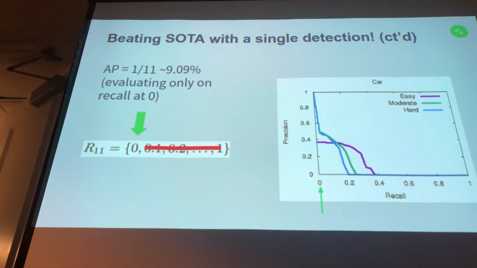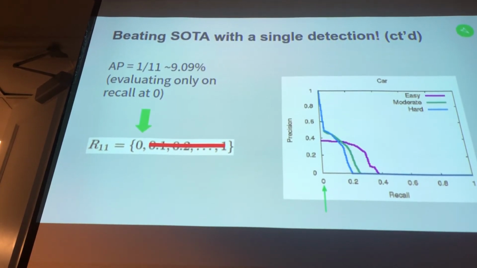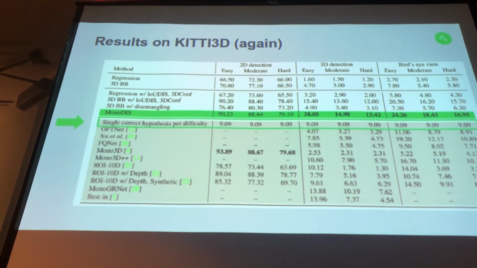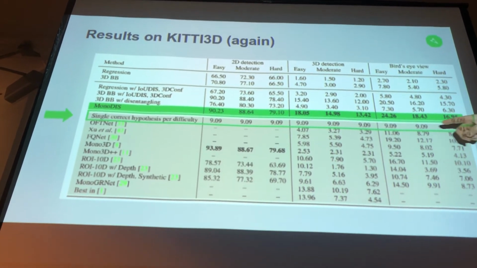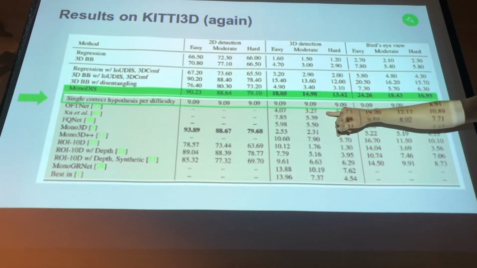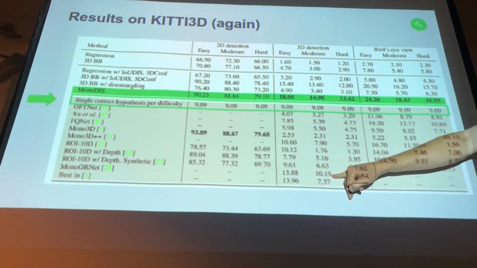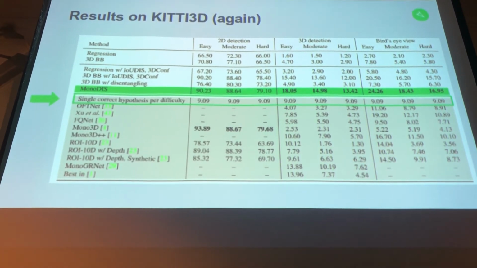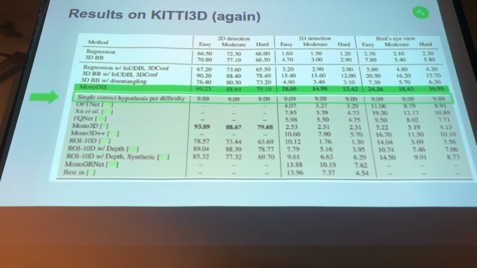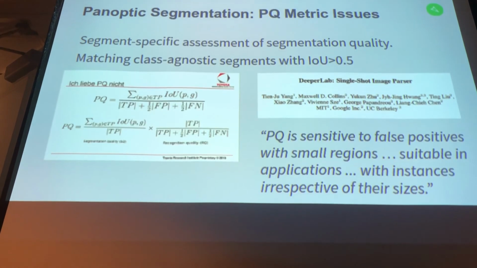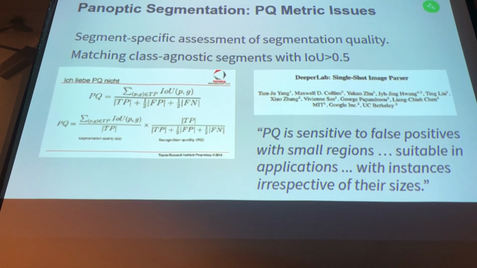And the problem is, if you fix this, the scores get even lower. So there's a lot of work left on the 3D object detection side, but this is a really exciting topic that my team and I are currently working on. This is basically the single correct hypothesis per difficulty level that reaches the score. And you see that all of them except this one are lower, and these are all state-of-the-art works on 3D object detection. So the metric is poor. We need a proper metric to assess what we're actually doing. Okay, we also identified